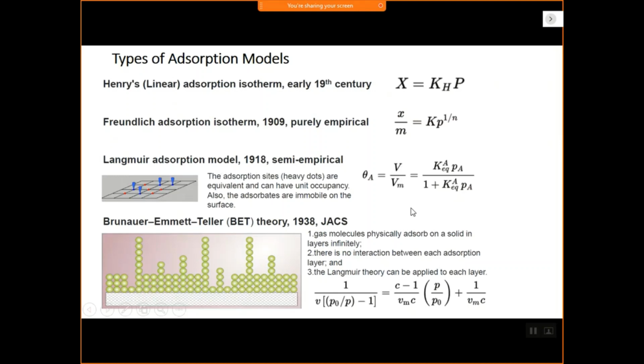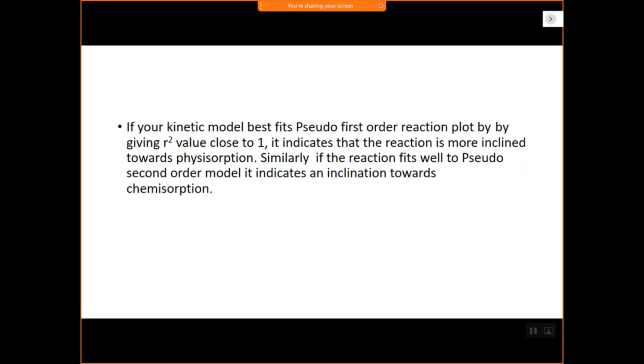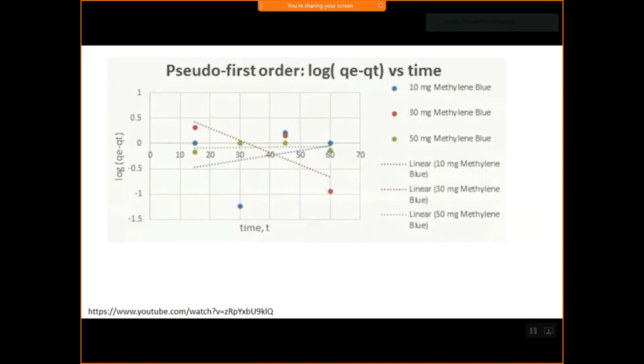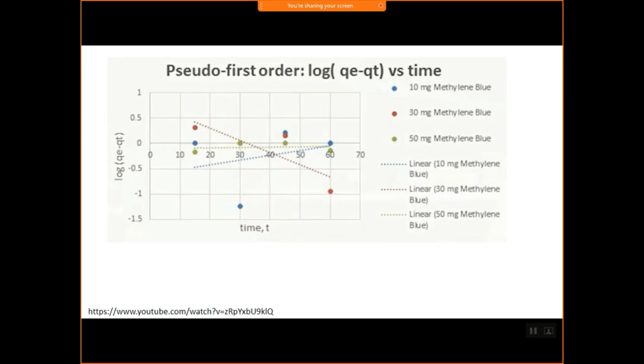That's why you're plotting it that way. And then we'll go through a journal article, so I just wanted y'all to see these first before we go to that journal article. Based on these graphs, the log(QE minus QT) on the y-axis, and then the pseudo-second order, where you're just plotting T divided by QT, based on just those different y-axes, you can determine whether or not you've got a first order based on if